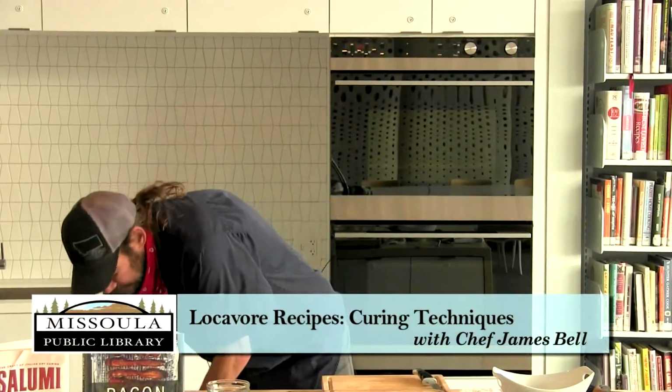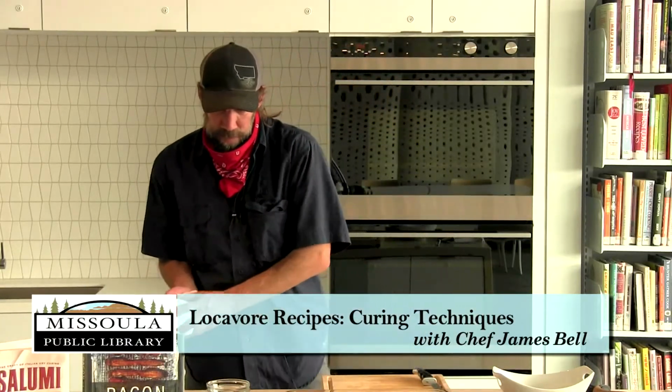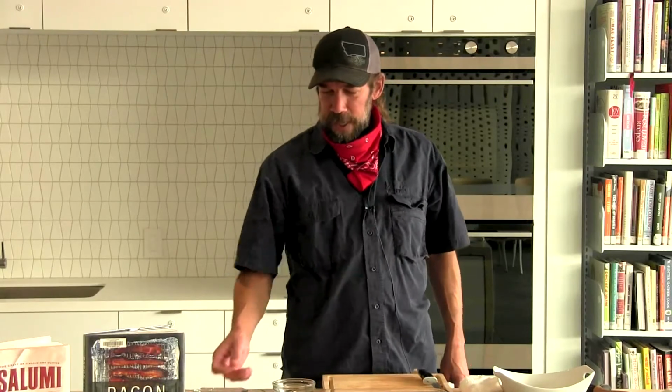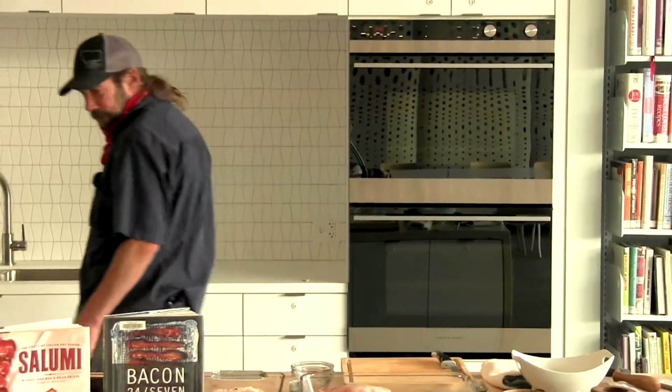Now, the typical process in the curing is that you don't want to lose any more than 50% of its weight after you've added the cure to the meat. Since a lot of people don't actually have a ton of space in the refrigerator, a piece this size is great. And now what I'm going to do,